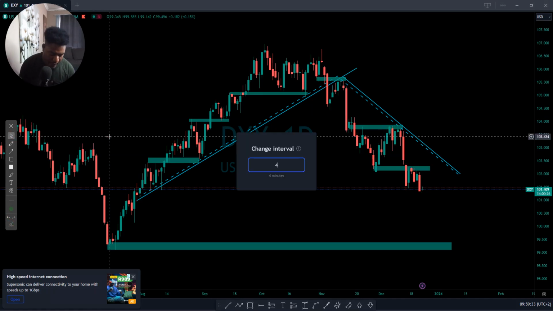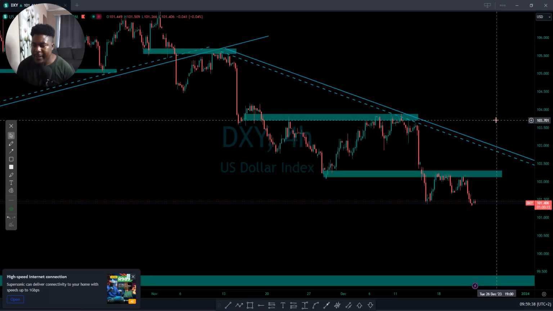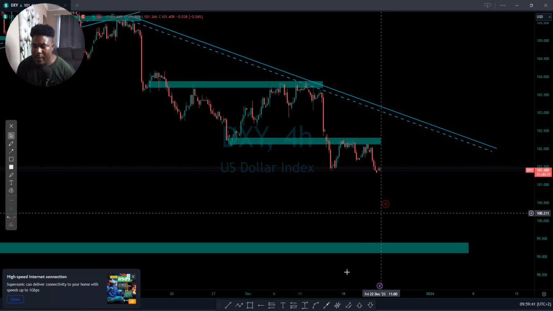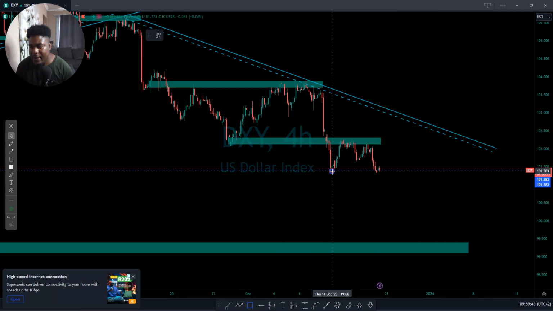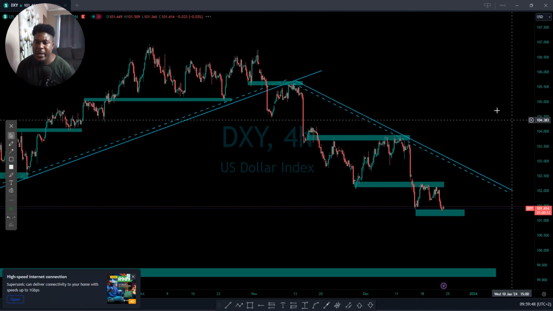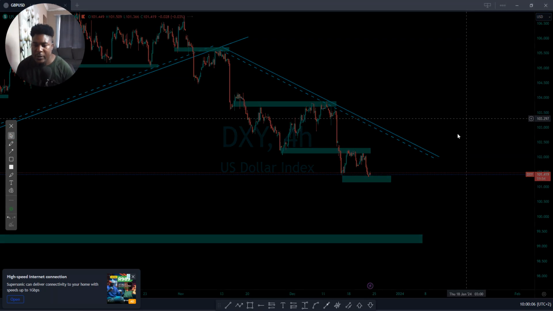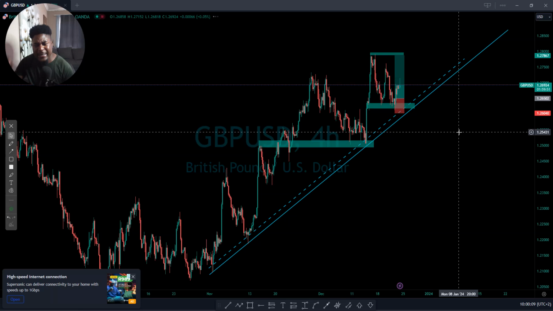Even if we go on the 4 hour time frame, you will see that yeah, the market is still on that downtrend. So what you can do here is maybe the market created something like a support. I see something like that. Obviously the market will keep showing us that, you know what, we're going down. So you will see something like this going further, and this shows the weakness of the dollar. DXY, sorry, the dollar index, indicates the strength or weakness of the dollar, right? So let's push to the next one. The dollar is losing some momentum. Yesterday we smashed another one.